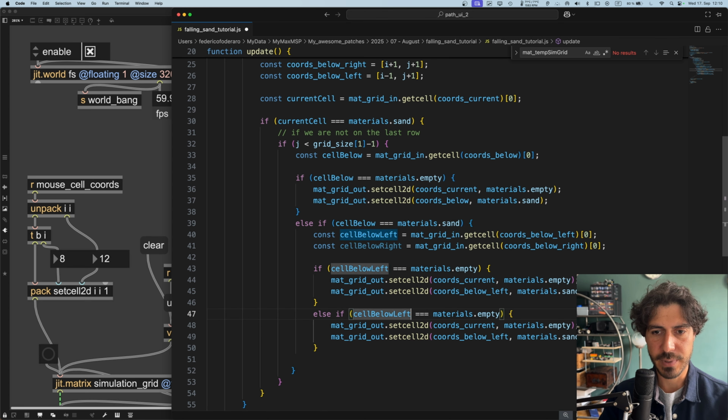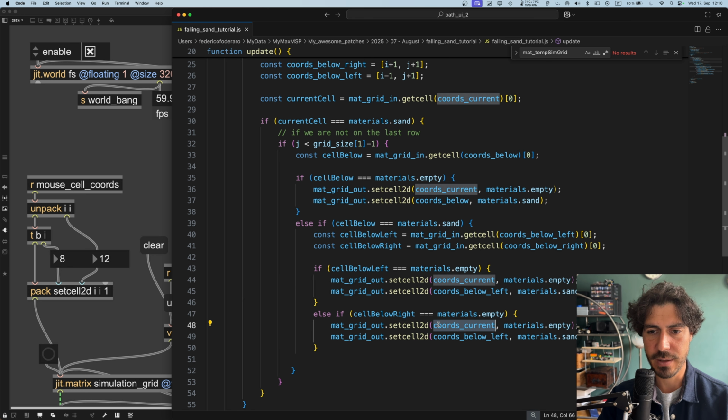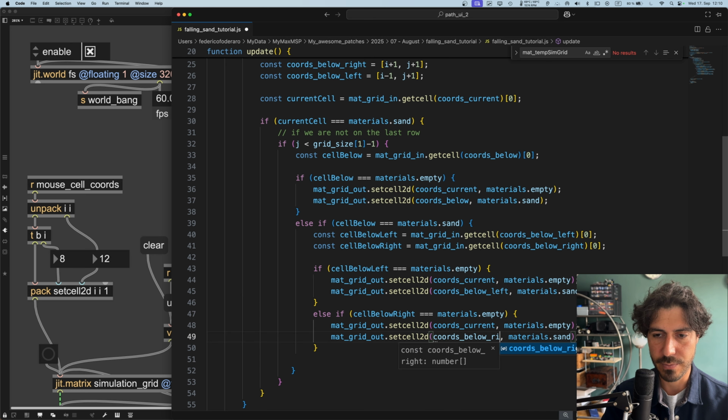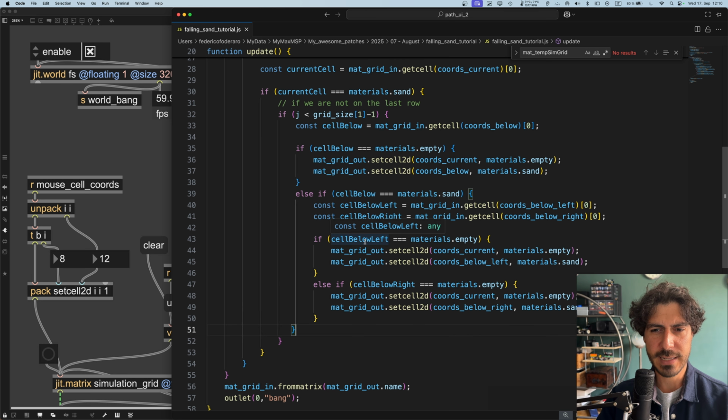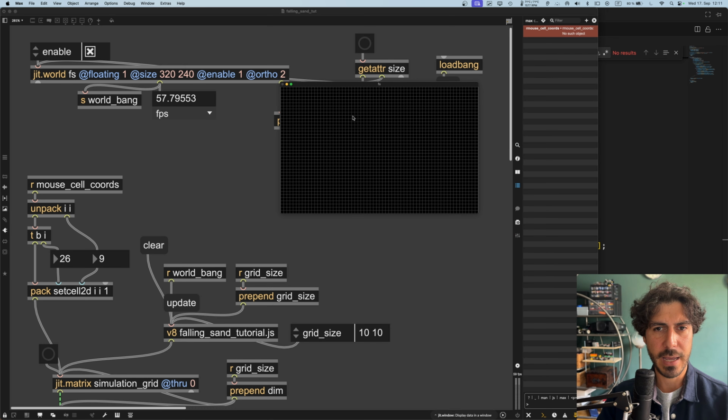Else, if cell below right it's equal materials dot empty. So if the left is filled but the right is free, we set the current cell to 0, and then we say coords below right material sand. Okay, so let's give these a try,